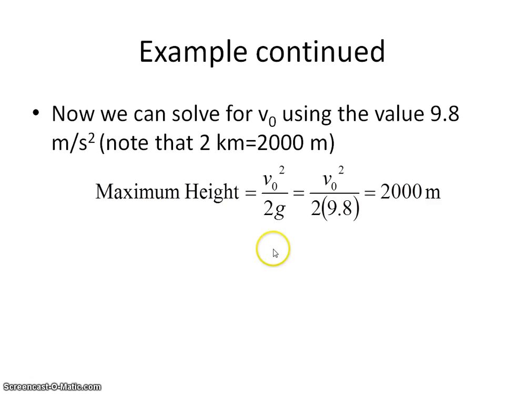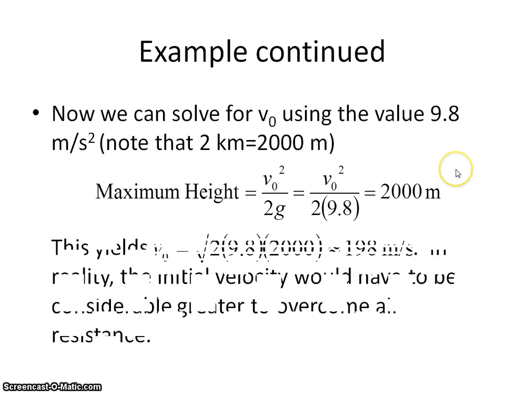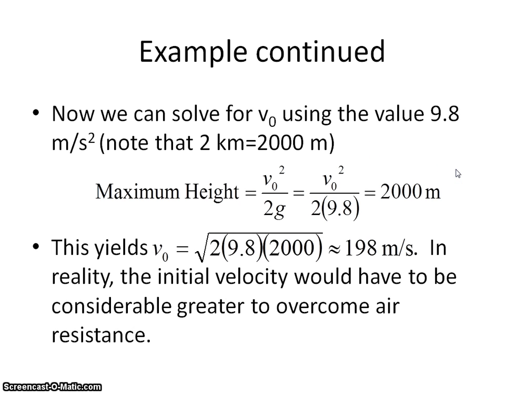So we plug in 9.8 meters per second squared here, and we get v sub 0 squared over 2 times 9.8 equals 2000 meters, because that is our height that we're looking for. When we solve that, we get that it equals